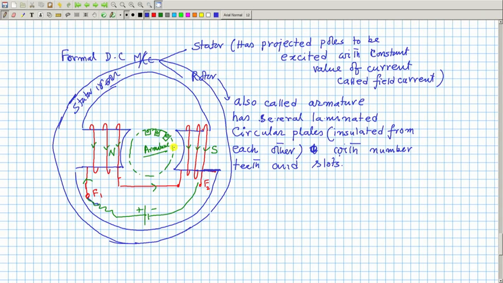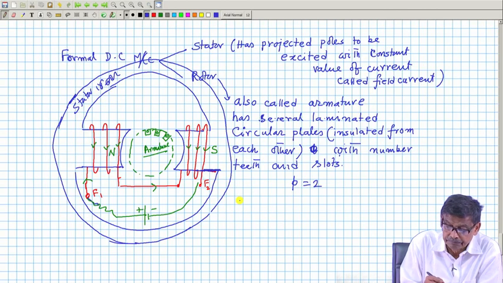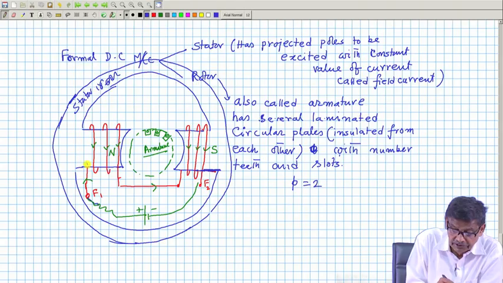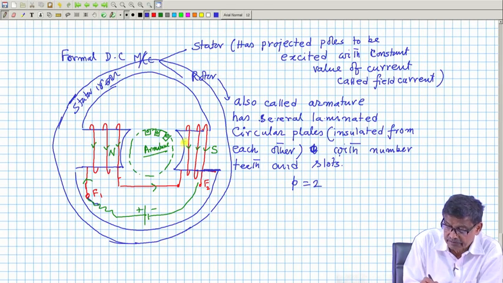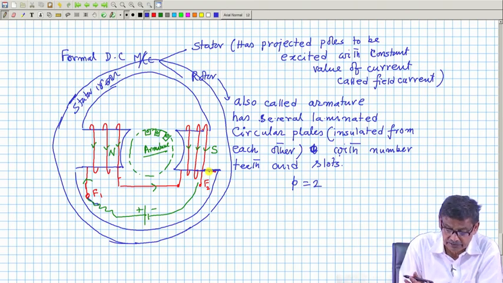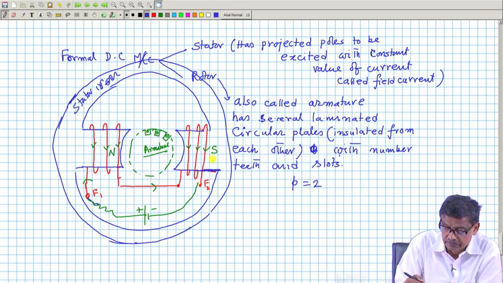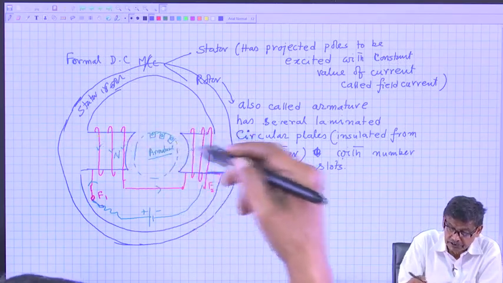For example, the stator will have two projected poles if it is a two pole machine, P equal to 2. There may be multiple projected poles if the number of poles of the machine is higher, and this part is almost a solid piece of iron over which there will be coils with red colors. These are called field coils. One of the simplest stator coils, no complications, just take wires and make this coil over the projected poles,